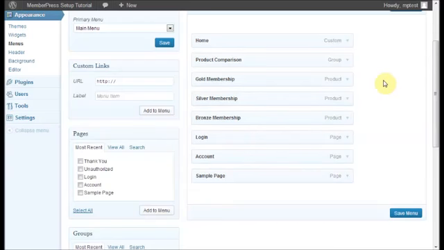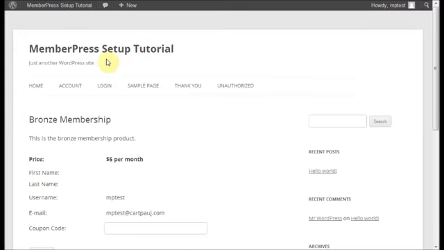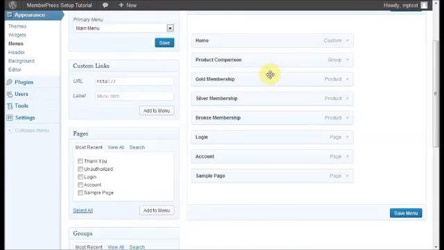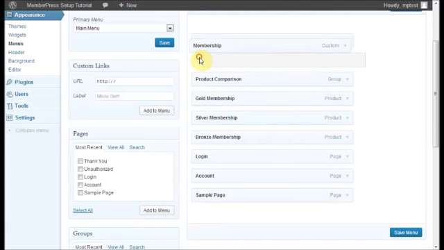Another question we get quite a bit is how to organize these so that the menu has some drop downs. So it's really easy to do. Just put the pound symbol here in this box here. This just means that it doesn't link to anything. It's just kind of a category header. I'm going to call this membership menu item. Click add. And now if I drag this up here,